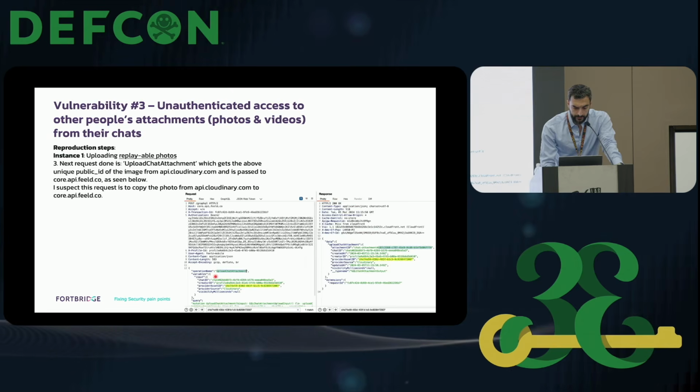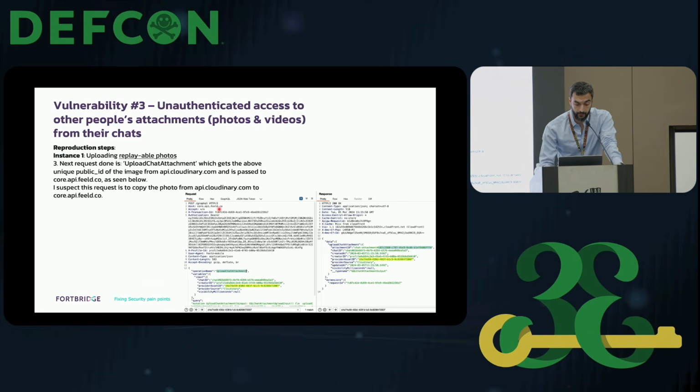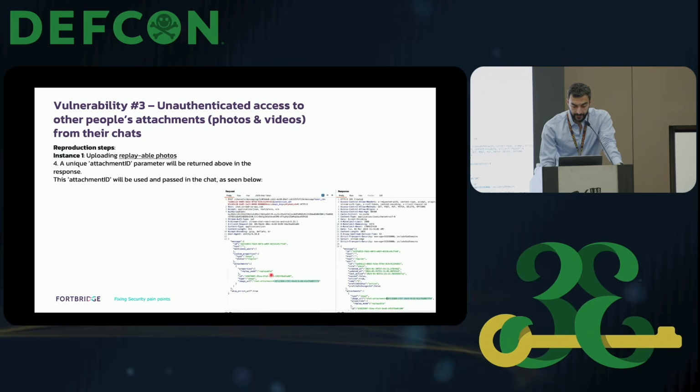And then in a third request, I believe this request will make our photo available to the other 2 endpoints. And then it will paste the photo ID in the chat.